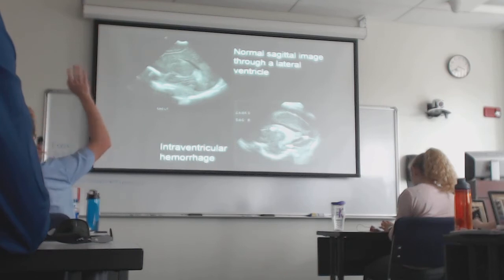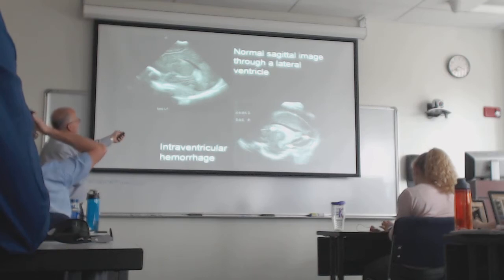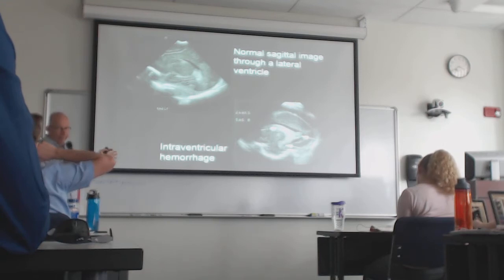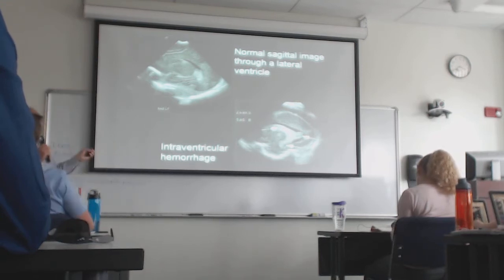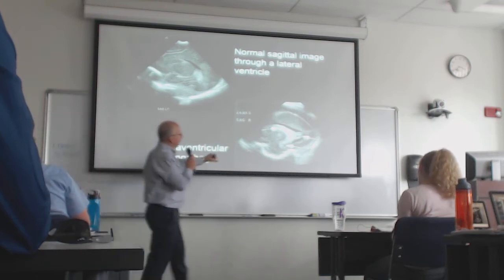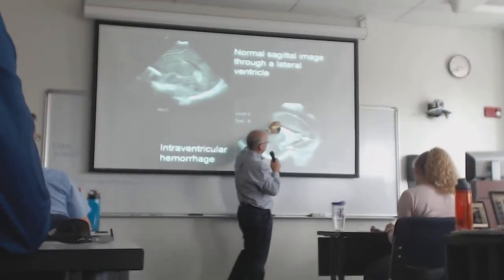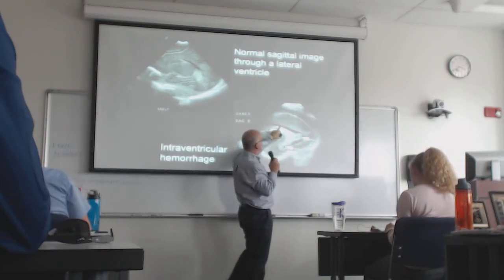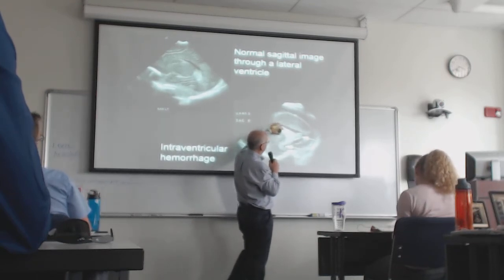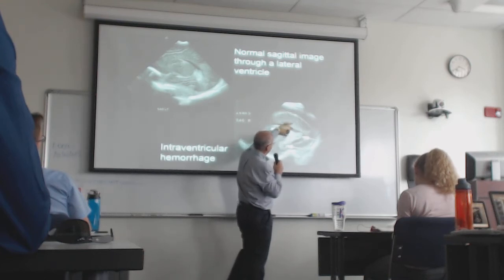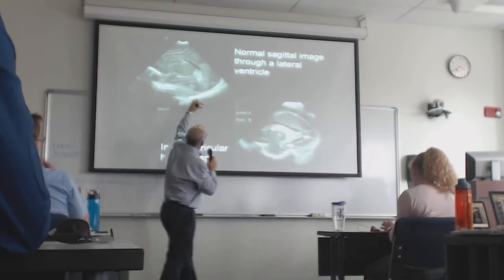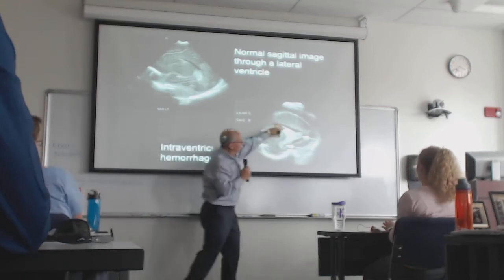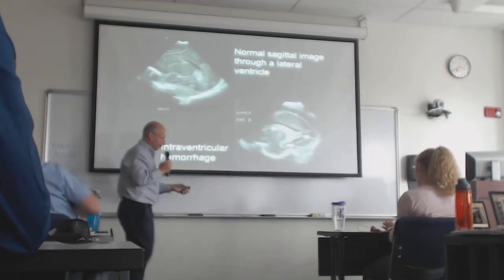So the black area on the image is the ventricle? The black area is the fluid, the CSF in the ventricle. That's correct. And this little white area here is something called choroid plexus in the ventricle, that's normal, okay? It's normal to have a little bit, but here the ventricle is this whole thing, and there's kind of a blood fluid layer. So here's normal fluid, and here's blood layering in the ventricle. And so the ventricle is way too dilated. Here, the ventricle is only that wide. Here, it's that wide. Okay, maybe not the greatest example.